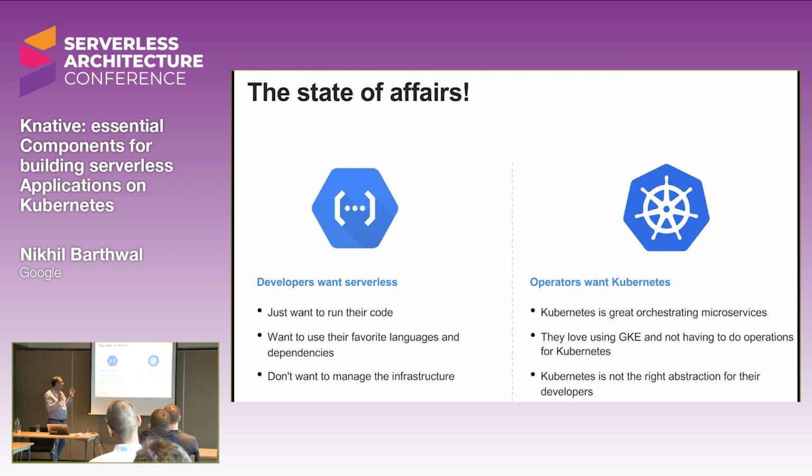And that conflict in the DevOps world is actually a lot. And it even extends to serverless, right? The very idea of serverless: I want to manage my code, I don't want to manage the infrastructure. Yeah, but somebody has to manage the infrastructure. Who does it? Sure, you can have a cloud provider, but in that case, basically your operator is the cloud provider, which has its own downside, right? You could get into vendor lock-in and so on. So that's the state of affairs. That's the world where we live in.